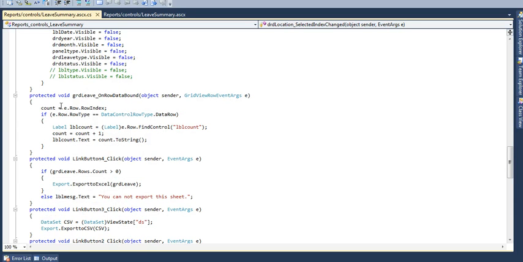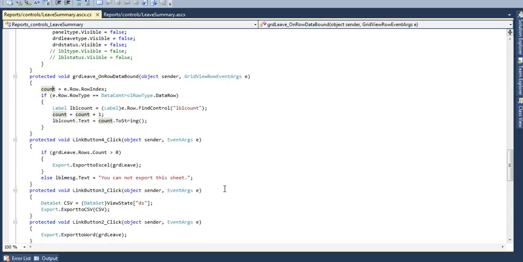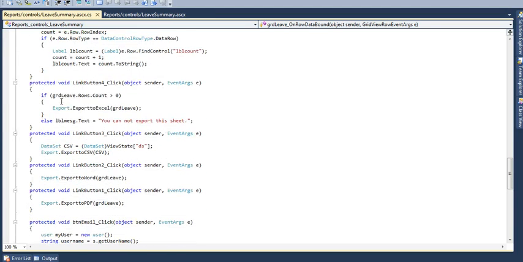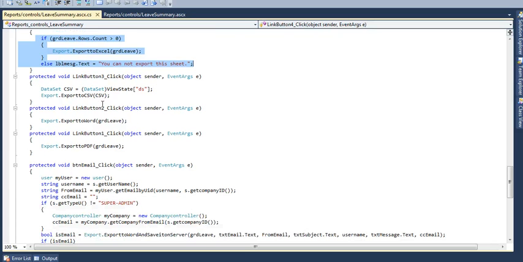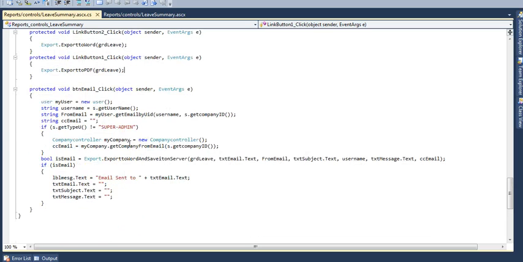Then after binding a grid, the grid is counting the rows. Through this, rows will be counted and printed at the back. Then the label count object is created, to which those values will be passed. Here it is binding the Excel report, here it is binding the CSV report, here the Word code and PDF code are being bound, and here email is sent to any of the